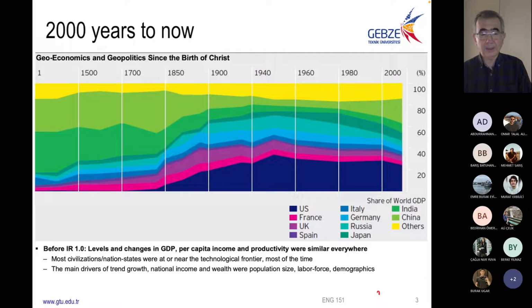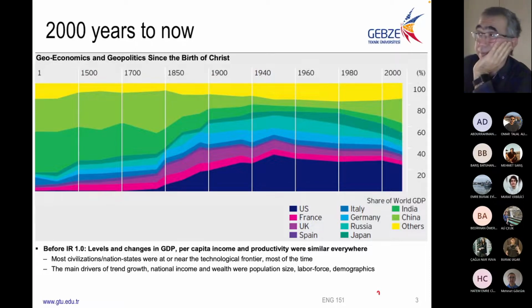When we focus on this very nice graph, the gross domestic product of different countries since the year 1 and through the Middle Ages, we see that India and China were very significant in the old times in terms of world production. Then, because this is the ratio in percent,